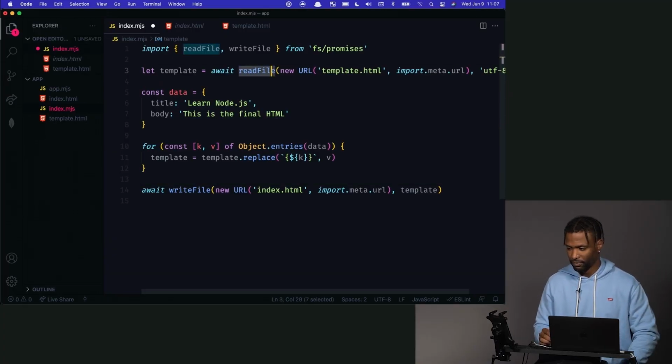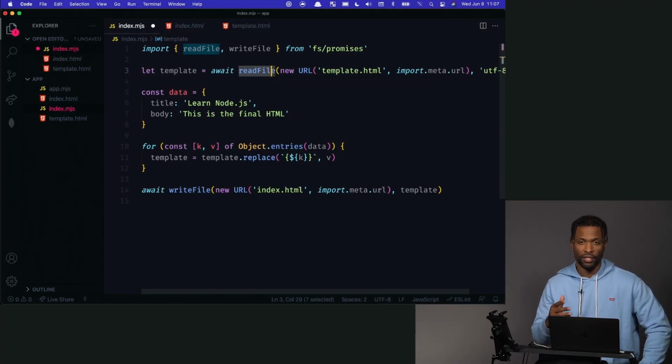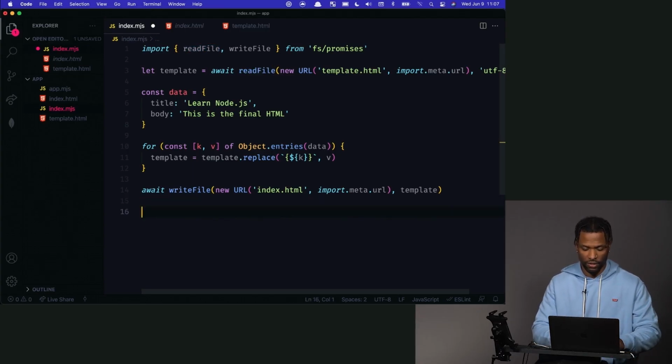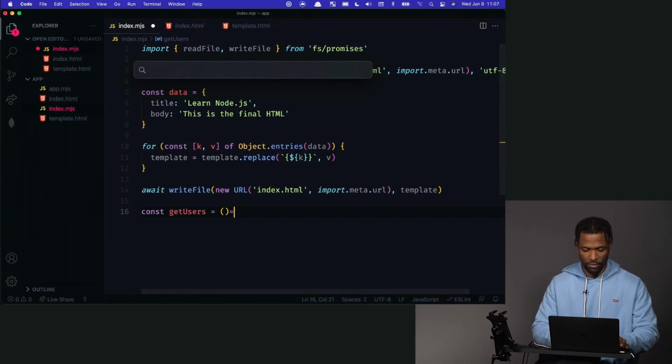Do we not have to provide the async keyword, or is it implicit? Got you. Yeah, so that is a new feature in the latest version of Node. You do not have to apply the async keyword anymore inside of a function. You're good. You can use it flat globally now. It's pretty amazing. If it's top level like I have here, you don't need the async because there's nowhere to add it. But if you do have a function, for instance, if I have a function called getUsers like this,